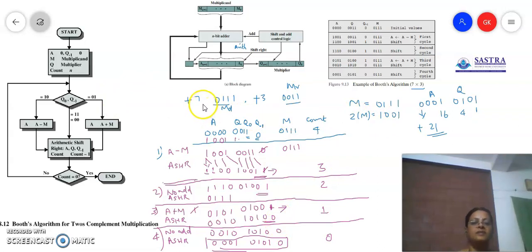So far we have discussed how to perform unsigned multiplication with a separate algorithm, the same hardware, and we learned how to trace the values using that algorithm. And if the multiplier is going to be negative, then it is better to select the Booth algorithm. The Booth algorithm follows the Booth encoding technique as suggested here, and applies the hardware. Using this hardware, apply this algorithm and trace the values. You will get the answer for signed multiplication, signed operands also. This completes the discussion of the entire multiplication process.